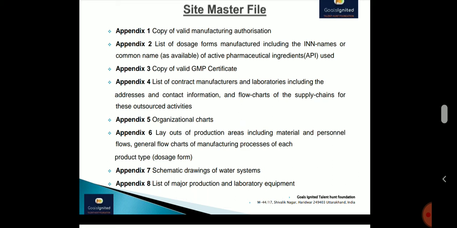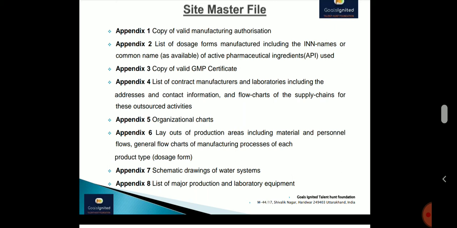In any case, the contents of the site master file should not exceed 30 pages. If we attach the appendices, 10 to 15 pages may be added, but in any case it should not be more than 40 pages. If you have a very big site master file, it will not make a good impression on the auditor or the customers who are asking for it, because it should contain only the specific and very useful key information about the site. So no need to go beyond that.